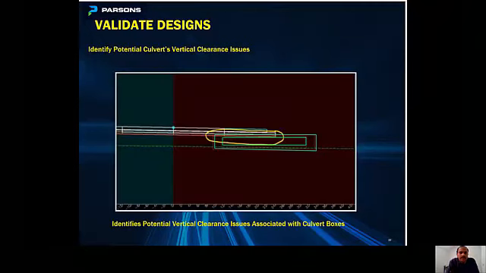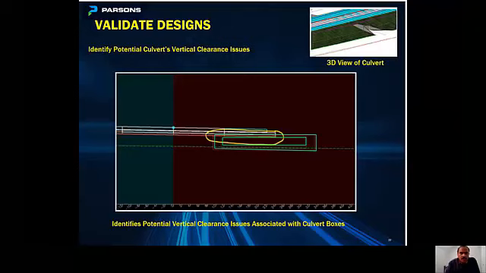So this is another slide that explains that we were able to identify the vertical conflict of the culvert with the roadway. And we brought this issue to the attention of the designer, and then later they were able to raise the profile, and then that issue was resolved. As you can see in this 3D picture, when we had this vertical conflict, the culvert was exposed and it was embedding into the pavement area.